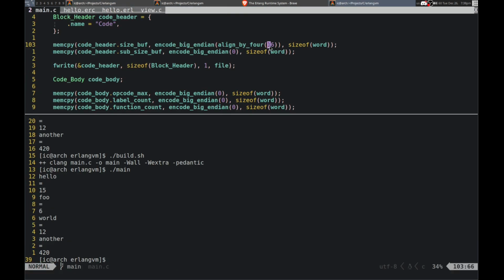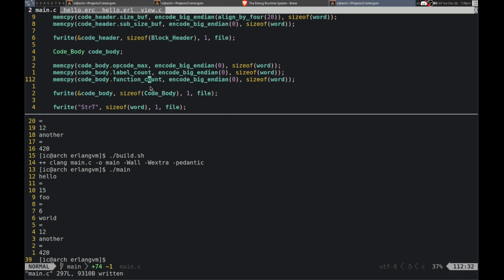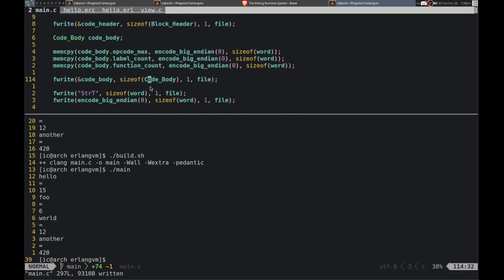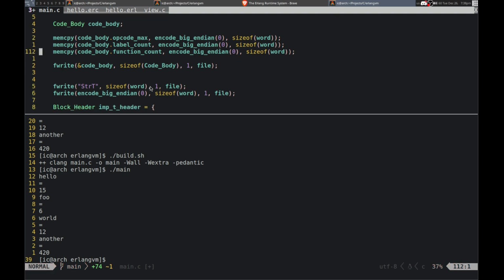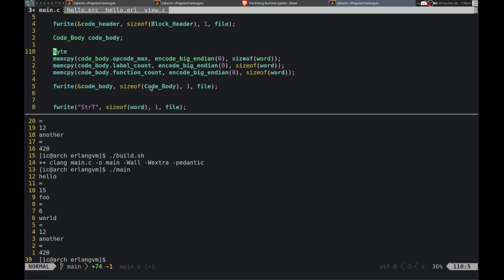All right. No. It has to be 4 more because we have to write that as well. So right. Let's see. This goes up here, actually. This needs to be the instruction count.